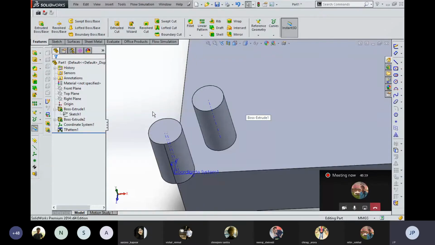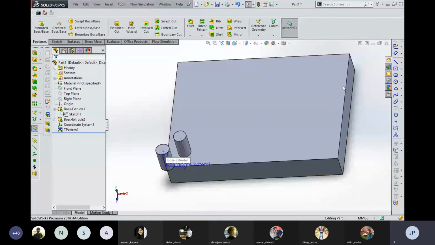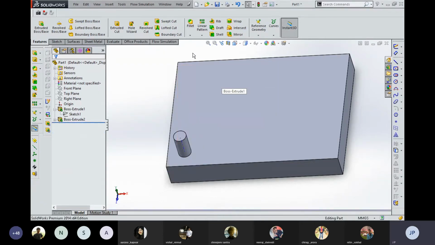Okay, so this is the table driven pattern, second last option of parent pattern command. Now I'm going to delete these two things, this coordinate and pattern, so that we can proceed with the next parent tool. The last one is fill pattern.